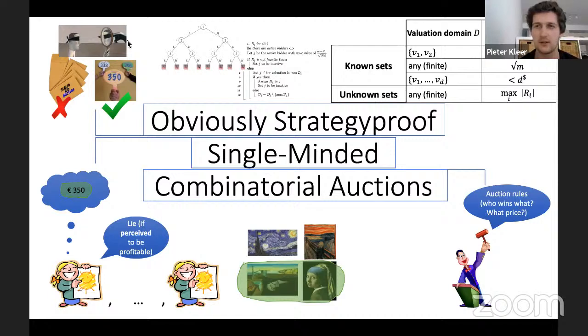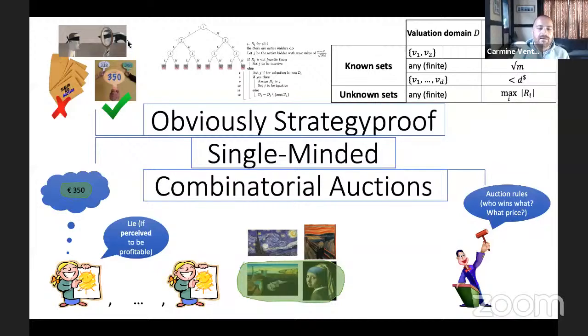So the technical definition says that when a bidder or an agent needs to take a decision, what strategy should I play? The comparison is that the best possible outcome this bidder can get when she cheats is worse than the worst possible outcome I can get when I'm truthful. So you compare the worst possible scenario when I'm truthful and the best possible scenario when I lie. So this should be easy to understand for a player.